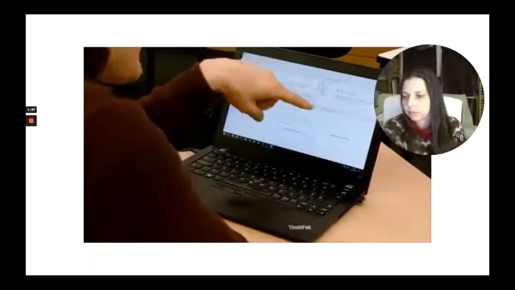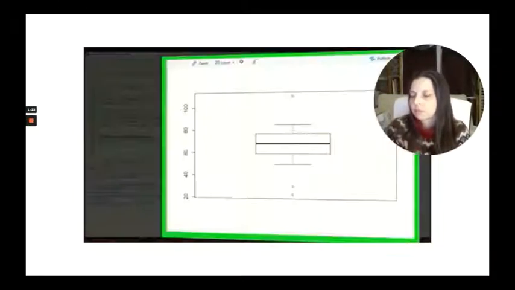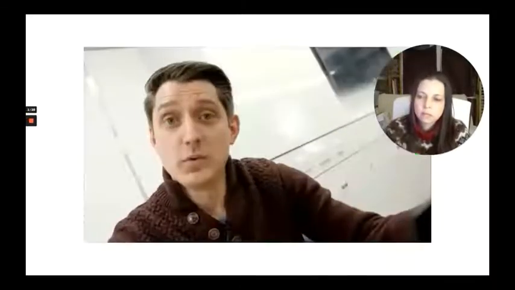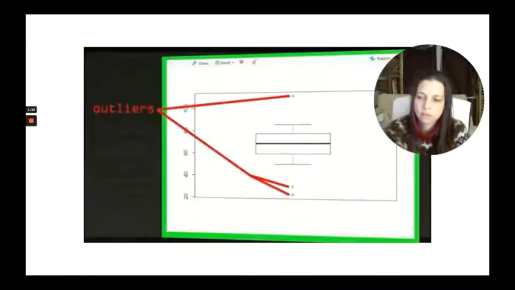But you can see there are 3 outliers. When it produces a box plot, I will show outliers as anything that is more than 3 standard deviations away from the median. What we do with these outliers is going to be a judgment call. It's going to depend on the situation. So, for example, we have an outlier here which is above 100%. Now, that makes no sense. We can't have a chocolate bar with more than 100% cocoa, right? It doesn't make sense. So that is obviously a mistake.